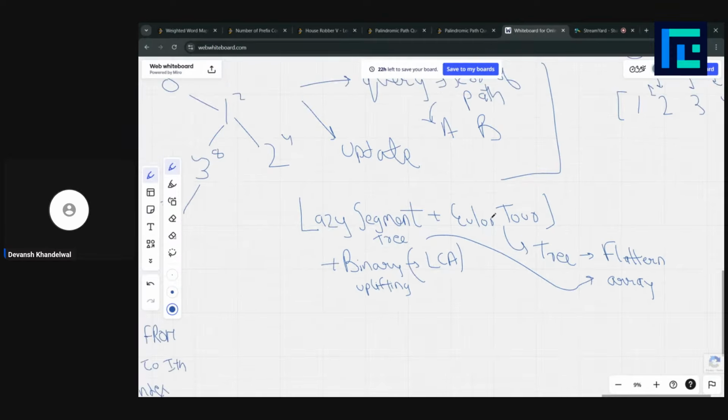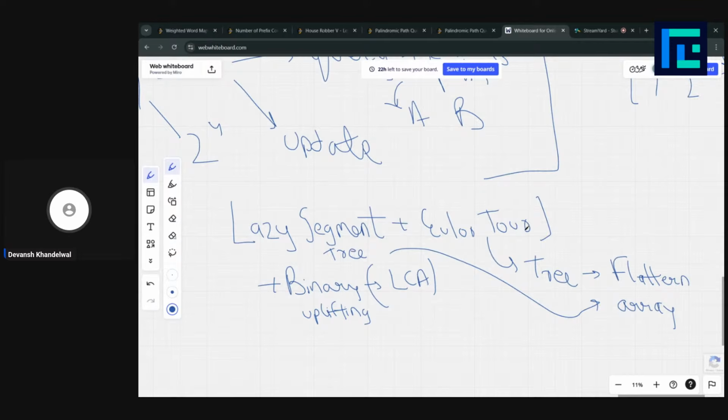Yeah. Let's go step by step. So basically, we have this algorithm Euler-Tour, which basically flattens the tree. The spelling is wrong, right? Let me fix it. This is E. Yeah. So this tree gets flattened.